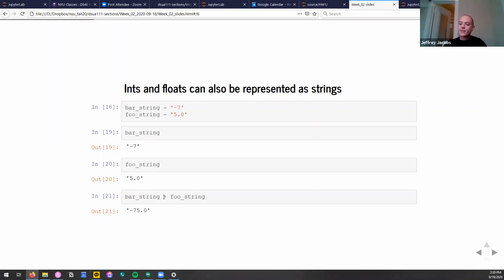And when we use the plus sign, it does not do the math. It does the concatenation of the strings. It just takes 5.0 and puts it at the end of the -7. And as humans, we see that and think, oh, it's another number, -75, cool, I just did math. But no math is happening here, really. You're just stapling one string onto the end of another one. Cool. So hopefully this really drives the point home about headaches and using type